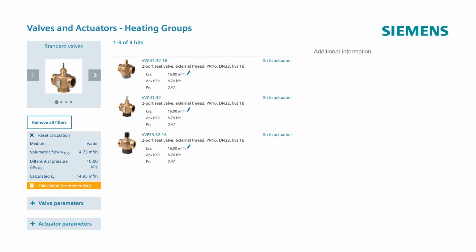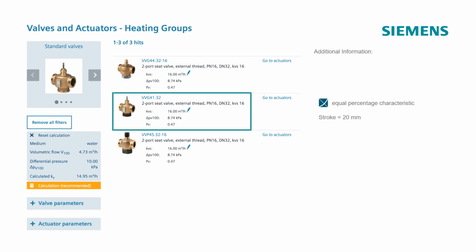In order to select a suitable valve, some additional information must be taken into account. These can be found, for example, in the data sheet or in the product brochure. The valve type VVG44 operates with a stroke of 5.5 mm and a linear characteristic. The valve type VVG41 offers a stroke of 20 mm and an equal percentage characteristic. The valve type VVP45 operates with a stroke of 5.5 mm and also has a linear characteristic in this size. We select the valve